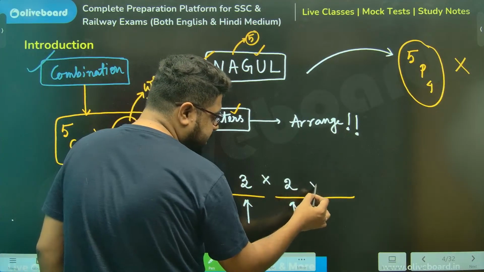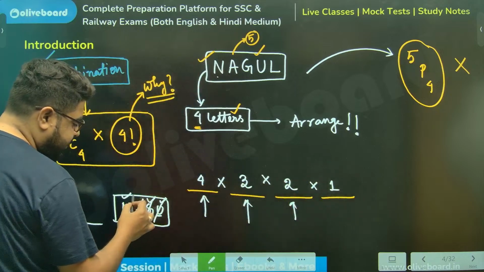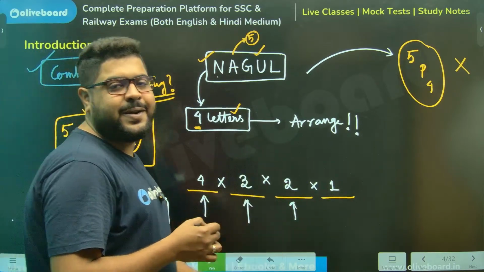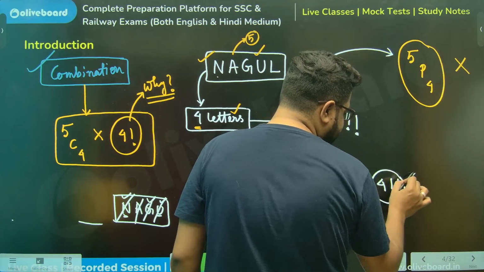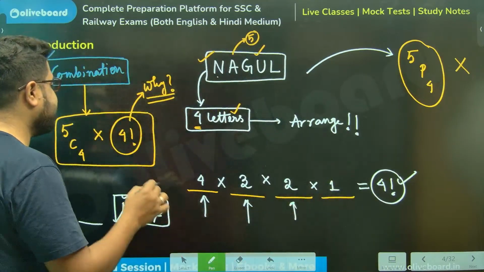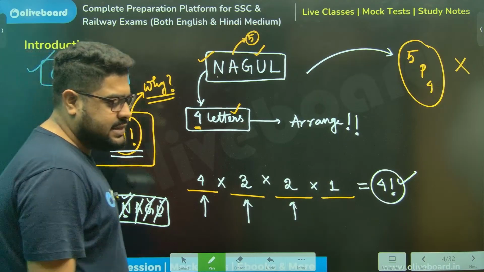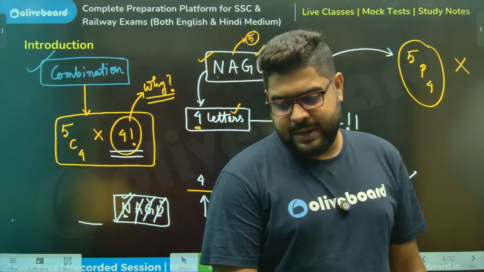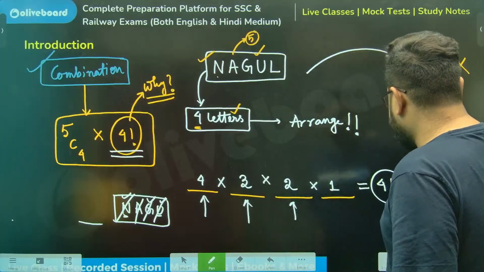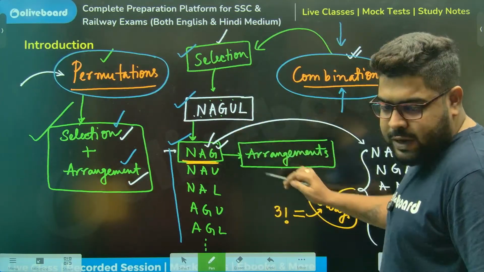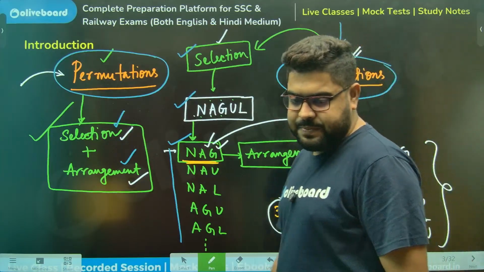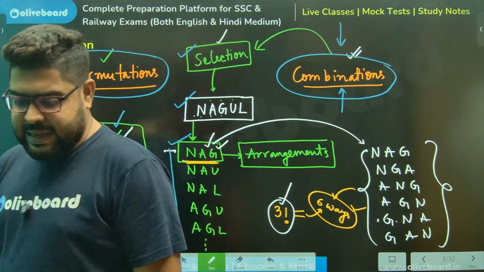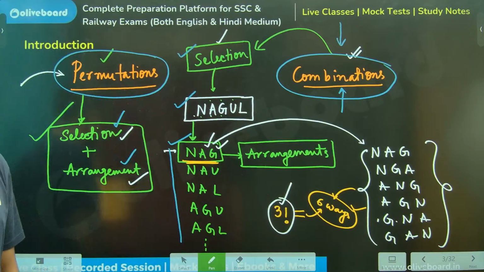So I had 2 options here. So last, only one left, that is N. So 4 into 3 into 2 into 1 is called, sir, how much? It is called 4 factorial. And hence, we are writing this 4 factorial. And for a similar reason, for 3 letters, we are writing 3 factorial. Is this clear, sir? You are absolutely correct over here.